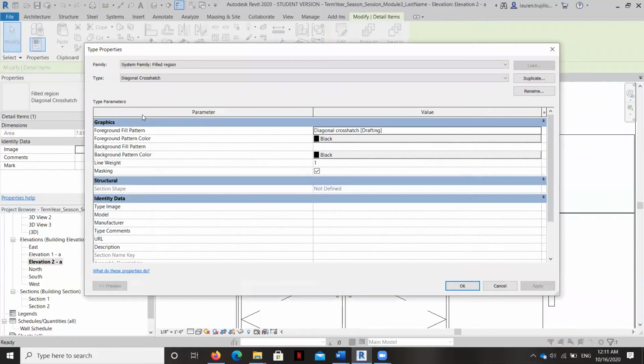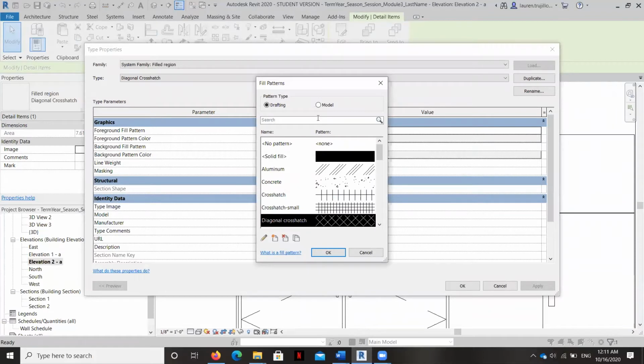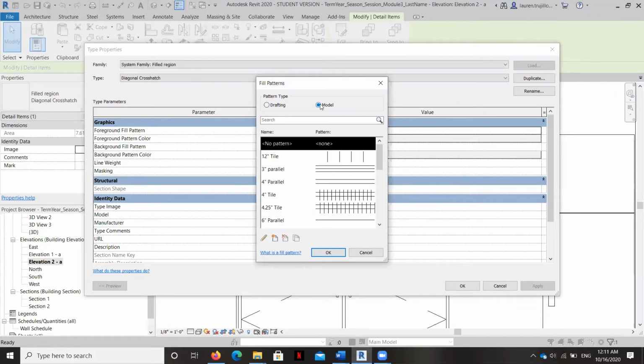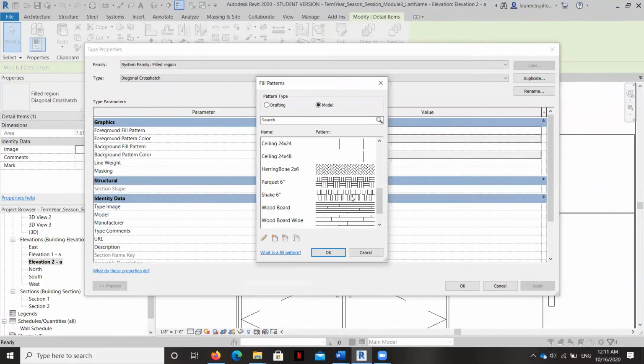So we're going to go to Edit Type, and now this is editing not the shape of the region, but it's editing the pattern. So you can see here the foreground fill pattern here is diagonal crosshatch, and if I click on it, I get those 3 little buttons, and I can change to anything. Drafting has some, model has some.